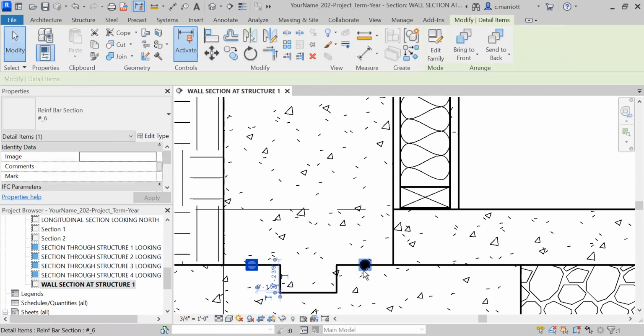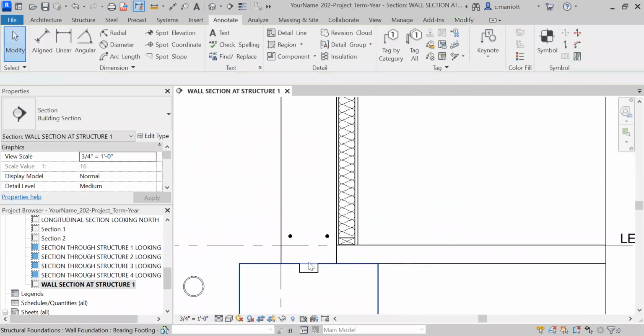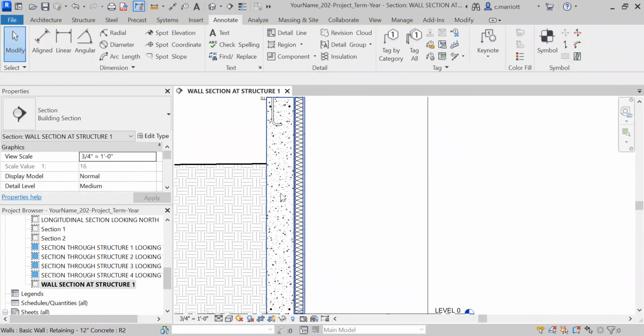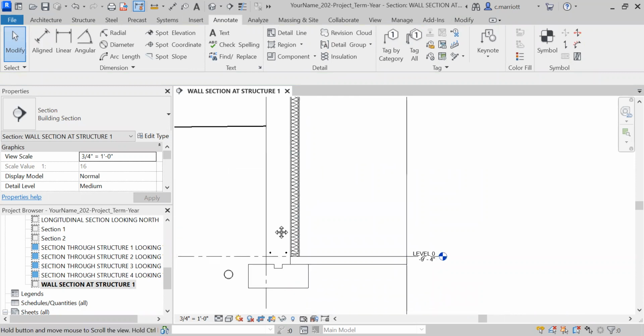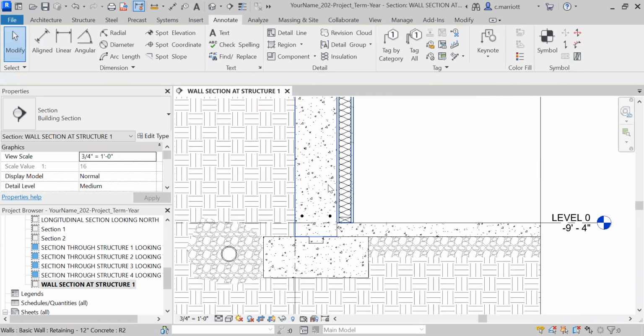And I'll hold down the control key and move these up. Let's move them up 6 inches. Okay. All right, now, so we have them in the foundation wall. They're running lengthwise,